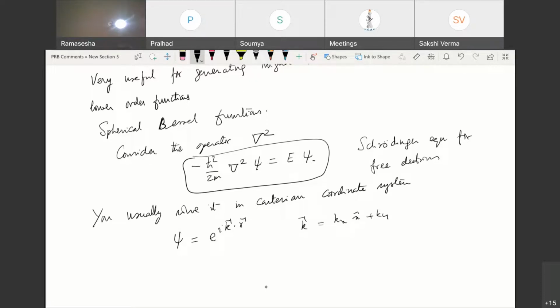And then minus h squared k squared upon 2m, where k squared is the square of the length. But you can also call it